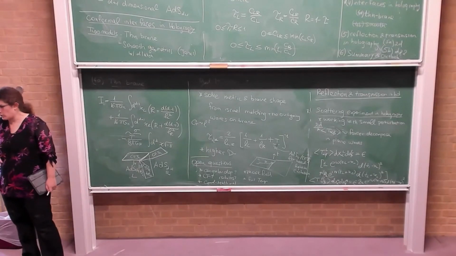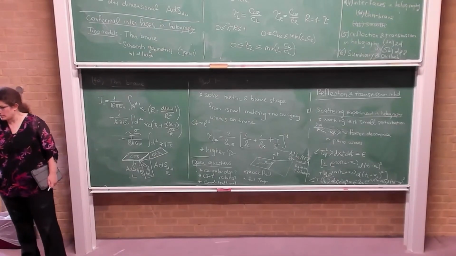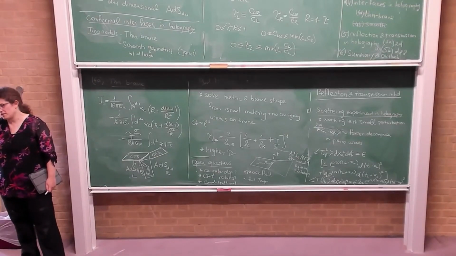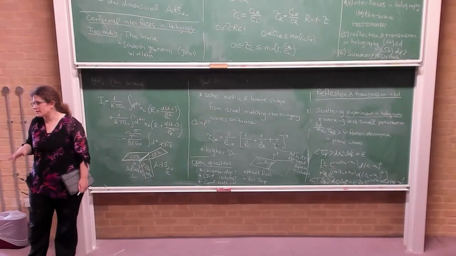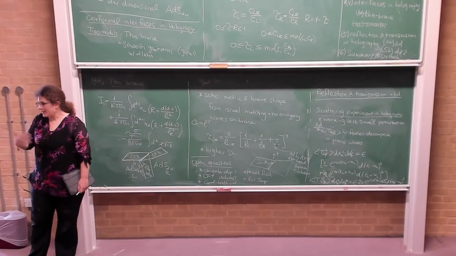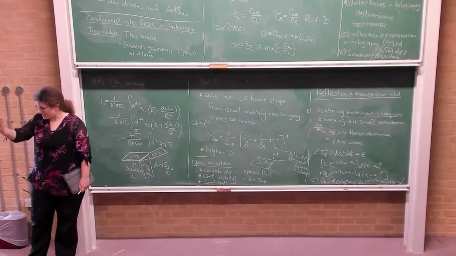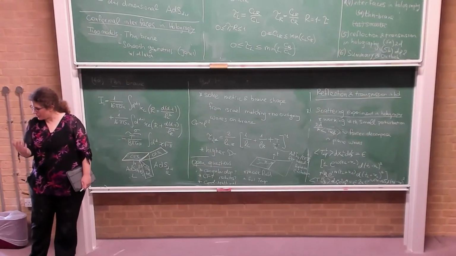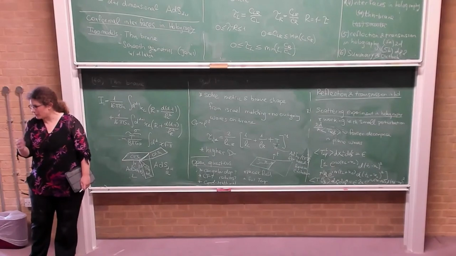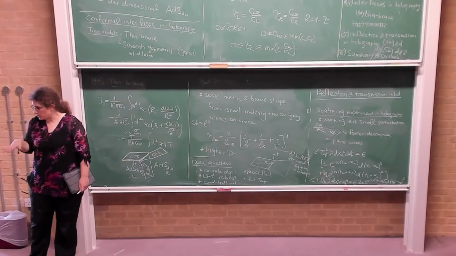No, you have to change the metric, absolutely. Okay, no, you're right, sorry, I didn't say. You can do it, you just have to work a bit hard. You can find the solution because it's linearized in the perturbation. It's not linearized in the holographic direction, of course, if we're turning on waves crawling up the brane. But if you do it for a small perturbation and you keep track of the leading order in the perturbation,